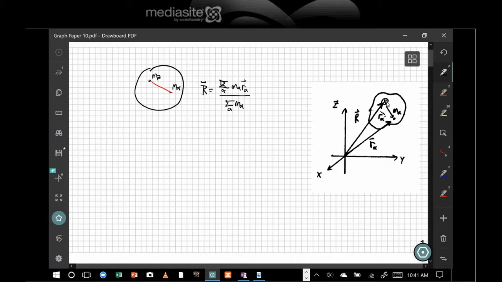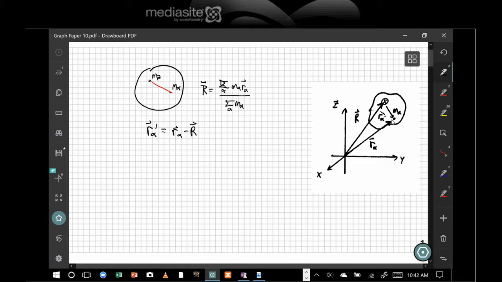of the system. Now, what's going to be really important is that, in the end, I'm not going to care so much about the fixed coordinate system. I'm going to put a coordinate system at the center of mass. So at this point, it's useful to define a relative position vector from the center of mass to m sub alpha. That relative position vector, we're going to call r alpha prime, and it's just going to be the difference, r alpha minus big R. Again, r alpha prime is this little vector here. So this is the center of mass, this is alpha, and r alpha prime is a little vector that goes from the center of mass to the m